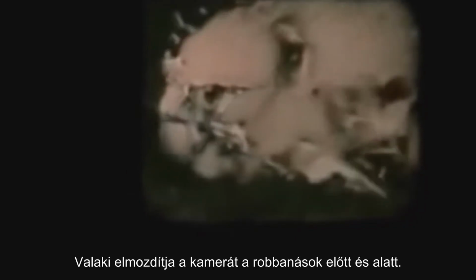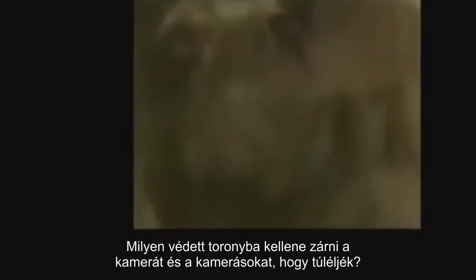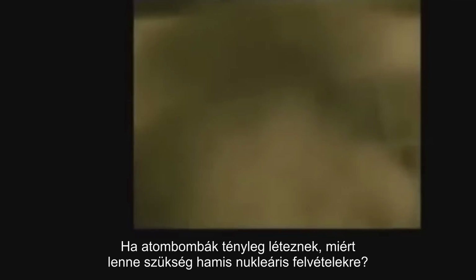blast radius. Someone moves the camera just before and during some of the blasts, and the camera is positioned at an oddly unrealistic height. What kind of shielded tower would the camera and cameraman have to be enclosed in to survive such a test? If nuclear bombs actually exist, why would there be a need to fake footage of nuclear